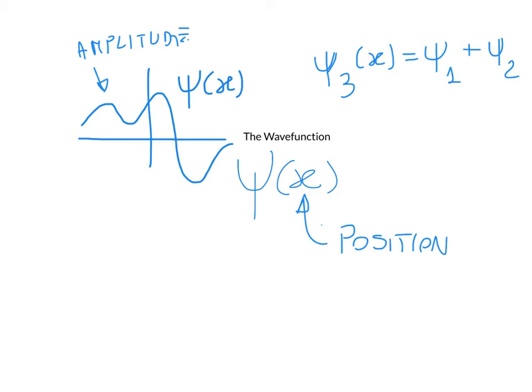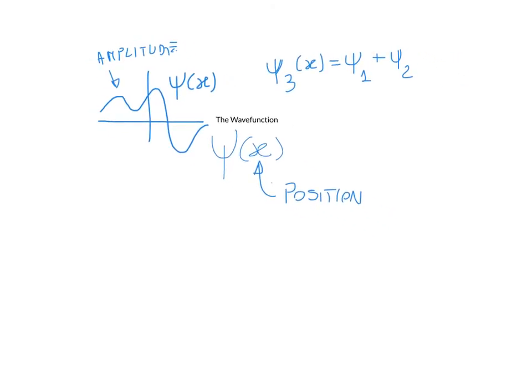The difference between a classical wave and a wave function is the way we interpret its value. In a normal wave, the amplitude of a wave is already a physical quantity that we can measure. This is not the case for a wave function. The standard way of interpreting the wave function says that, okay, if we take the square of this amplitude, so if you take the wave function squared,